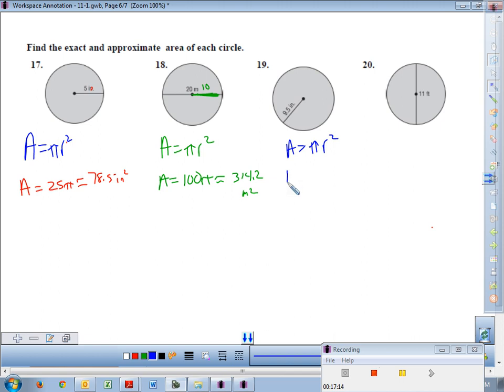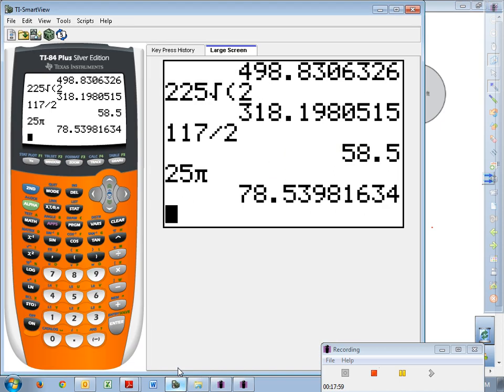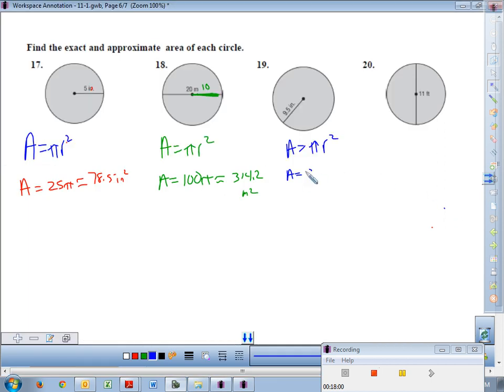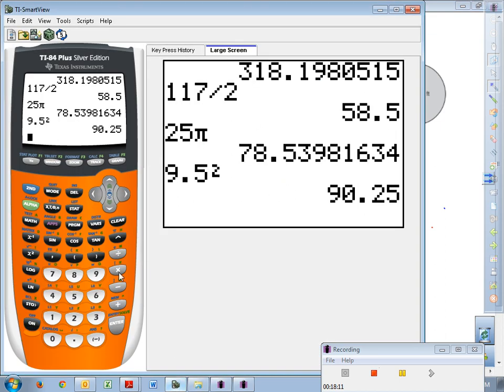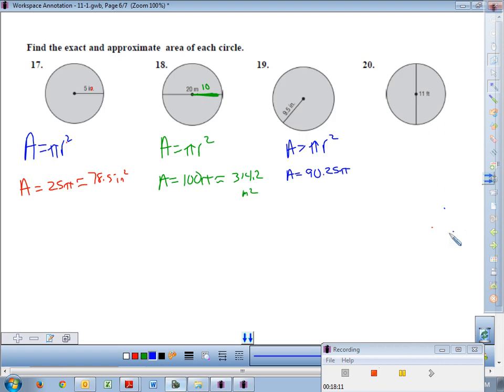and it's the radius, so it's got to get squared. You just go to the calculator and take 9.5 and square it. And don't round that off. That's 90.25. That's nice and exact. Square the radius and stick a pi with it. Then take that number times pi to see what that is approximately. 283.5